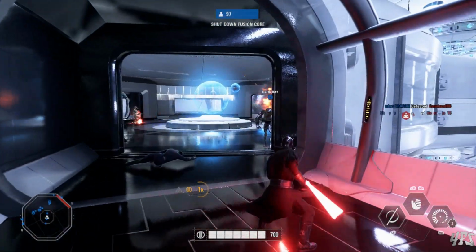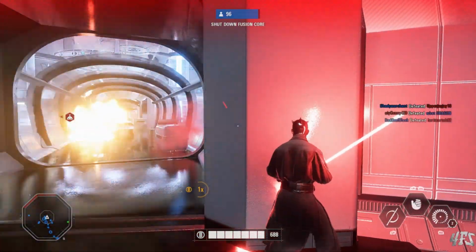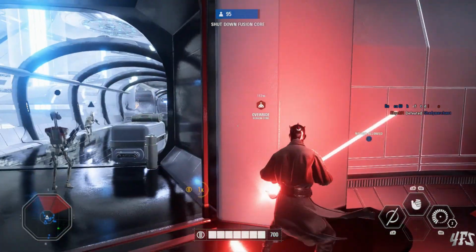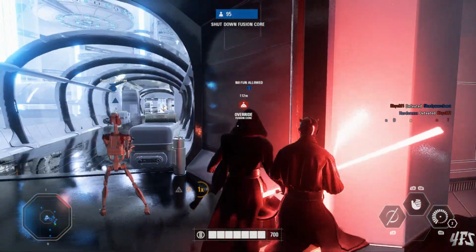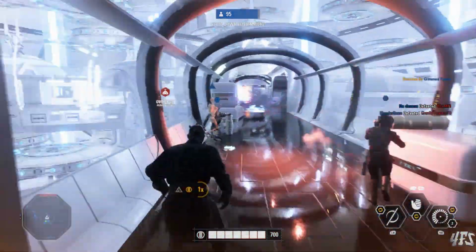So here we are on Camino, and this is a really poorly designed choke point. Two corridors moving towards one big room with a single objective. Now, pushing up through these corridors is the easy part, and my first objective after picking Maul,